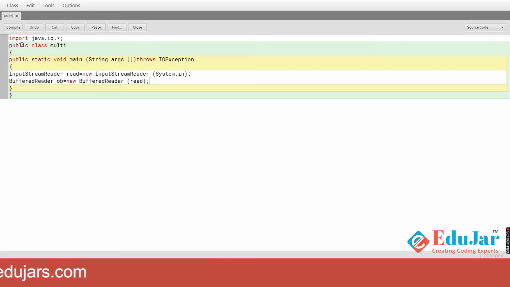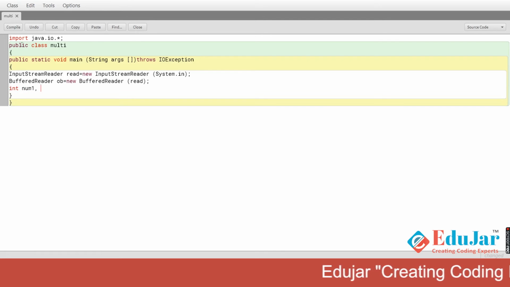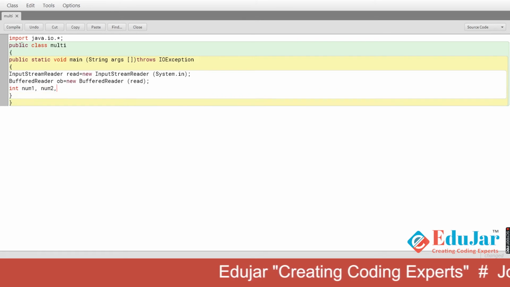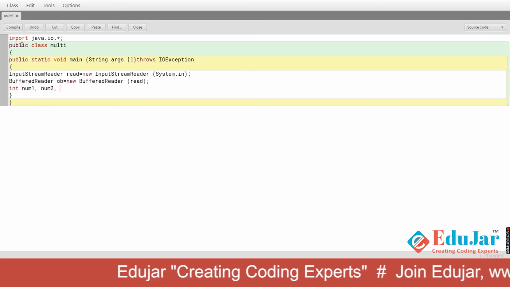Then after this, we will declare three integer variables: num1, num2 and pro. First one as num1, the second number we will store in num2, and the product of both these numbers we will store in pro.